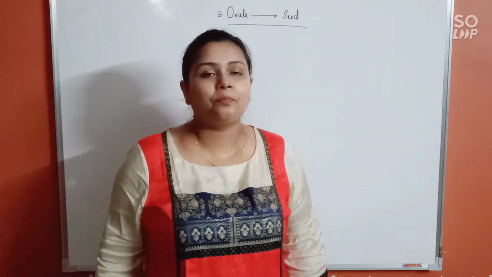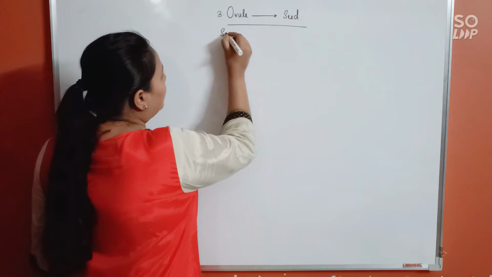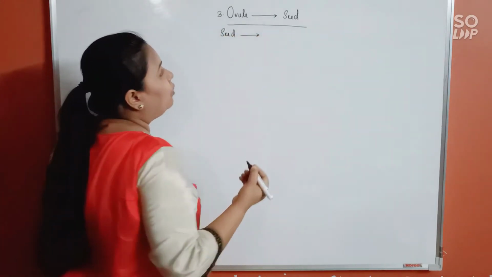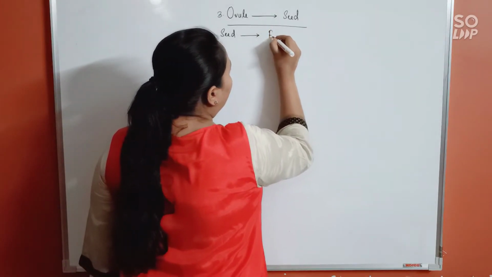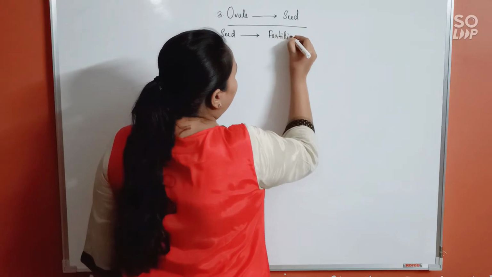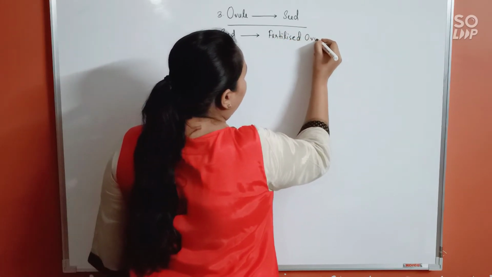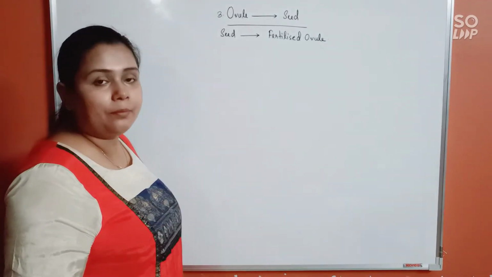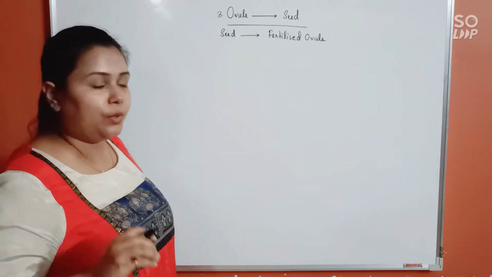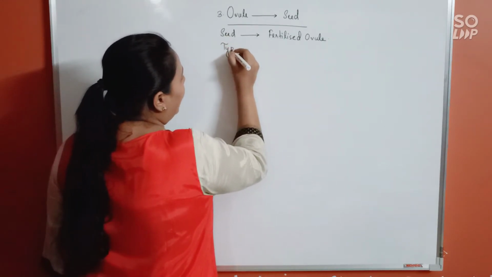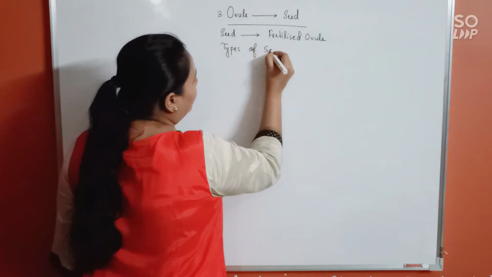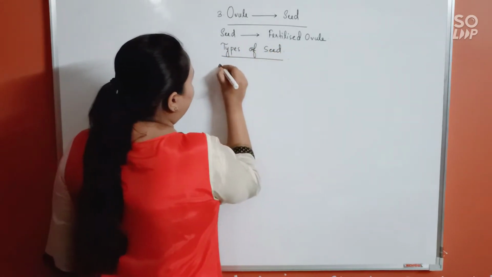Next class. In today's class, we are going to discuss the third event, that is how ovule will develop into seed. Okay. Now, first of all, seed, all of you know that seed is a fertilized ovule. Alright, seed is a fertilized ovule, and there are some types of seed, that is